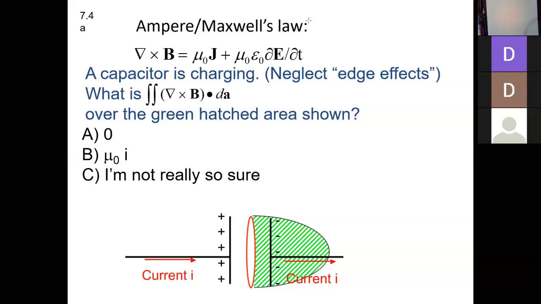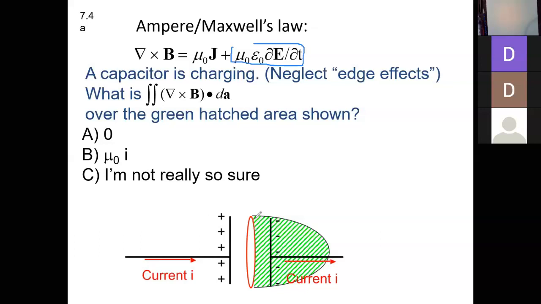So in order to change Ampere's law, Maxwell added an extra term. He added this term because of this particular case you see here of a capacitor,